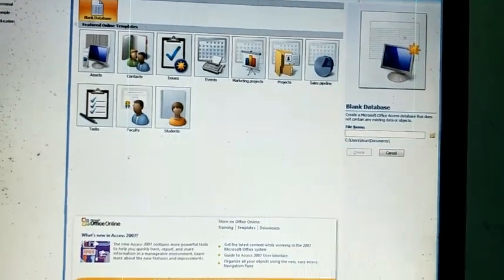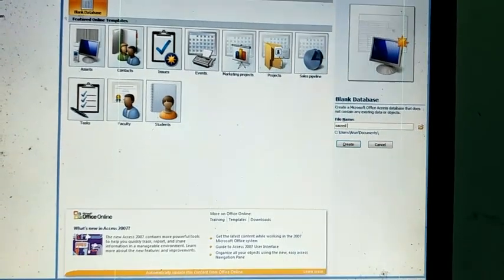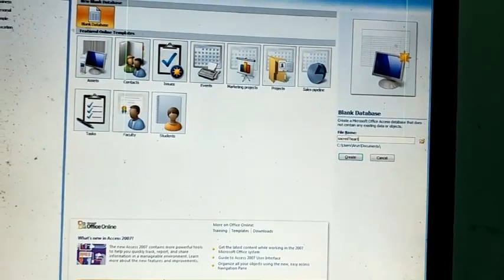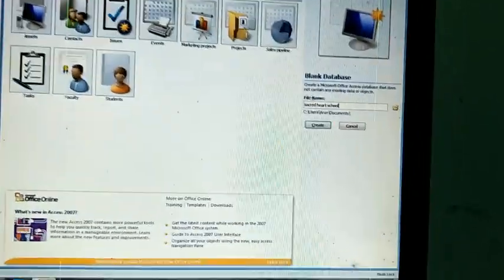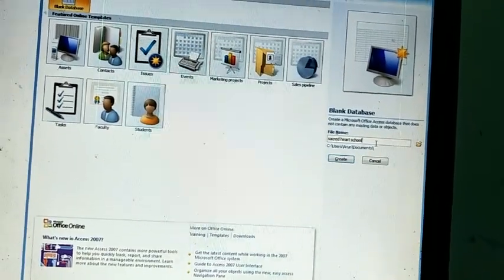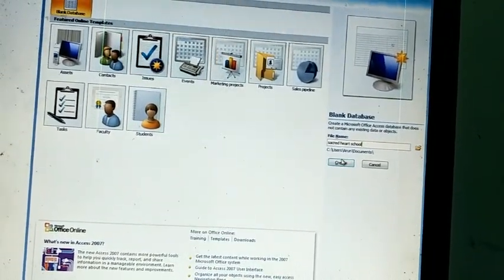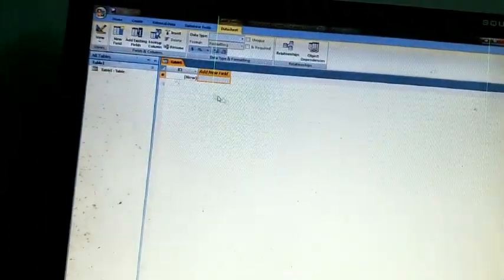So I'm going to write Sacred Heart School. Clear? That is the database name. Now click on the create option. After that it will create.